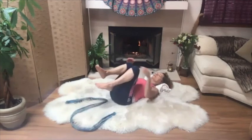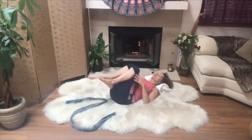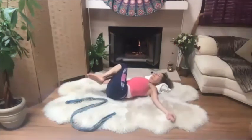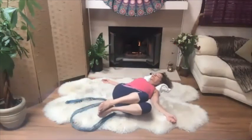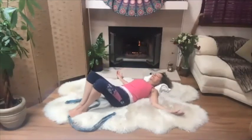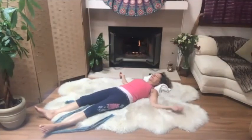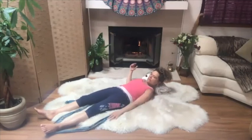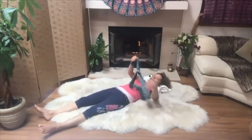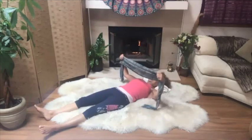You might feel that you need another little stretch for the back, another little ring around the rosy for the knees and the hips. Give yourself the freedom to flow and glow into that perfect sweet spot for resting in our Shavasana, our final resting pose. If you would like to take your strap and move it off to the side, if it's in the way, that's fine. For me, because it's a scarf, I could cover my eyes with that if I wanted a little extra protection from the light